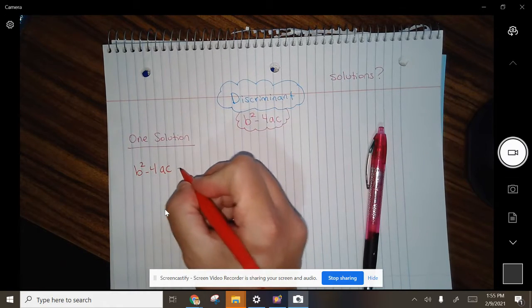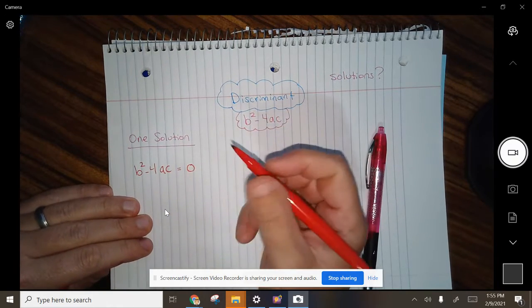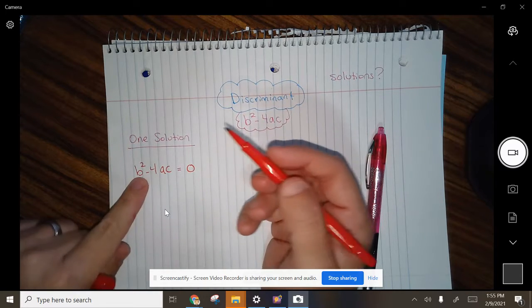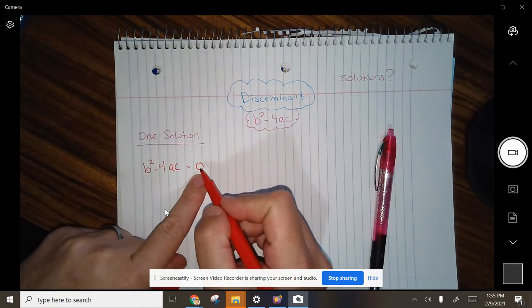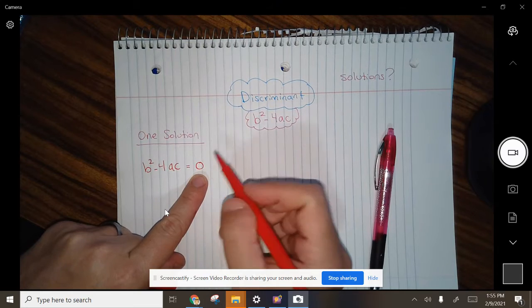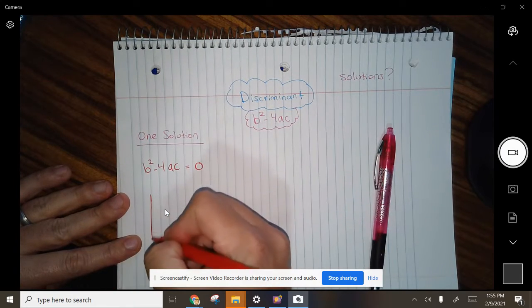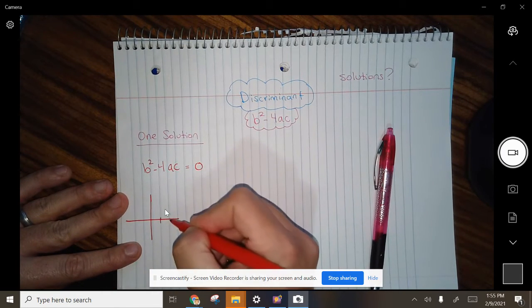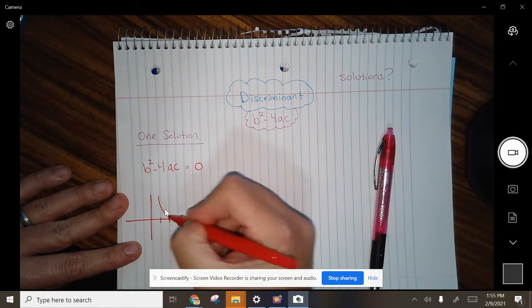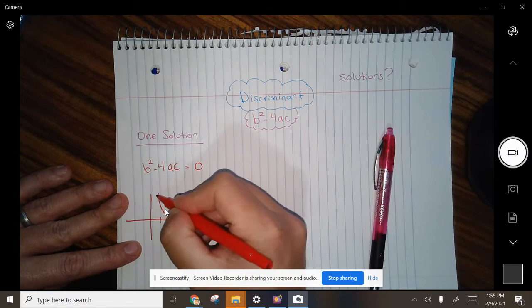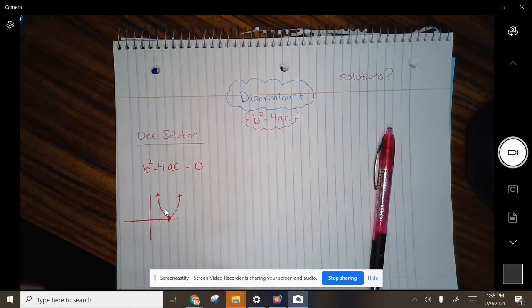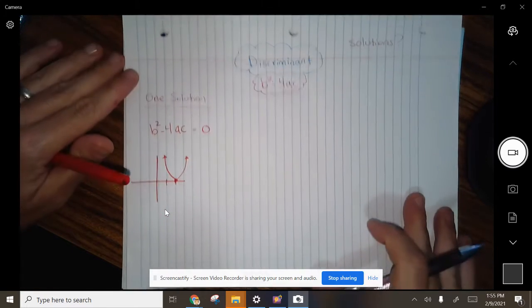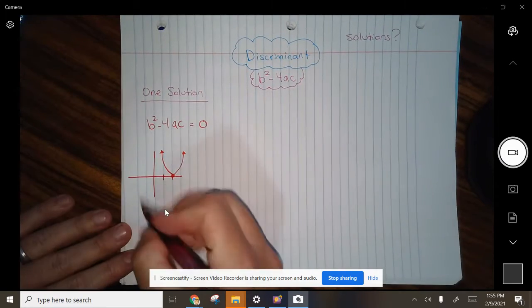And when you get all of that and it equals 0, b squared minus 4ac equals 0, then there is one solution, okay? And that means one solution will touch, maybe if it's right here, it touches the x-axis at one spot, all right? And we did an example for that in our notes. Actually, it was,